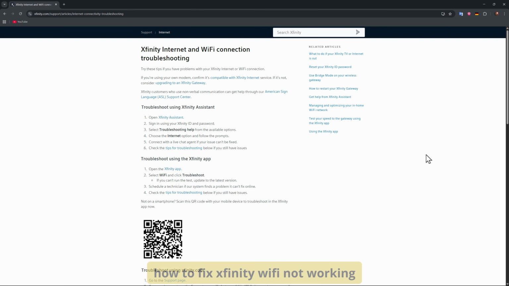Hello everyone, if your Xfinity Wi-Fi isn't connecting or keeps dropping on your PC, I'll show you how to fix this step by step. So make sure firstly your Xfinity gateway or modem is powered on and all cables are